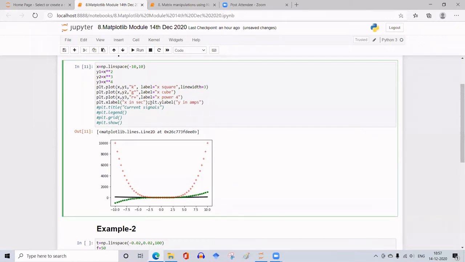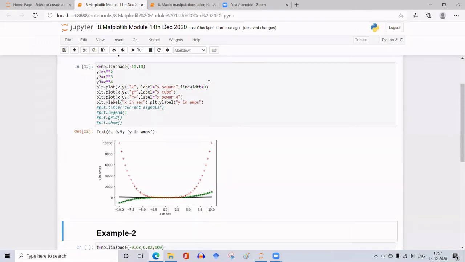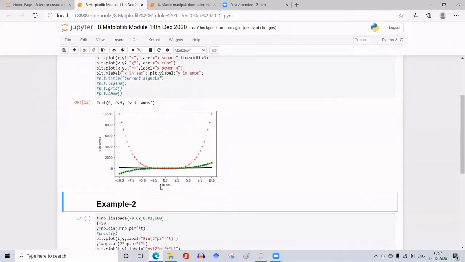Okay, so this Y label, instead of writing in the next line, I'm writing on the same line with the semicolon here. It will treat it as a separate statement. So plt.ylabel, then write whatever you want to label the Y axis as. Now the Y axis is in, say, let us suppose all these are current values, Y in abs. Then if I execute it, you will see here that this is labeled X and Y in abs.